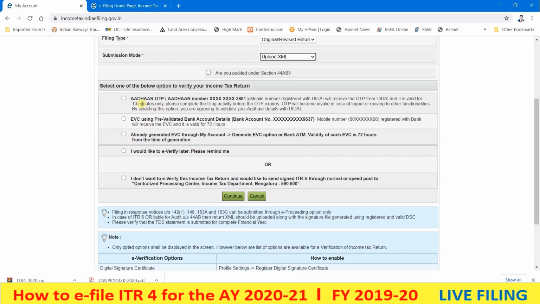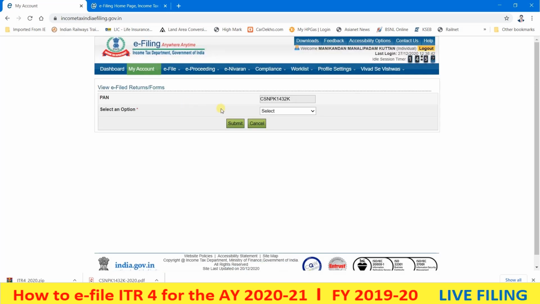Select one of the below options to verify your income tax return: Aadhaar OTP, EVC using the pre-validated bank account, already generated EVC through my account, or I would like to verify later. Here I am selecting I would like to verify later. Now click on continue. Now we have completed the upload.